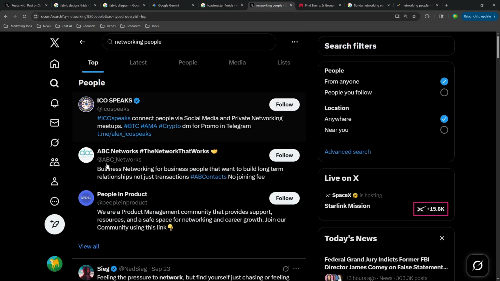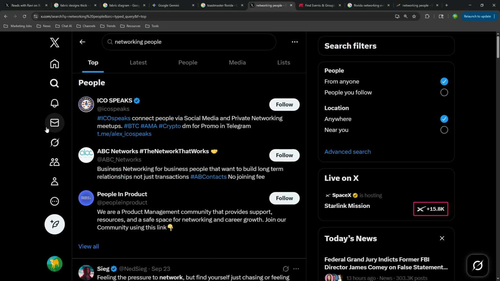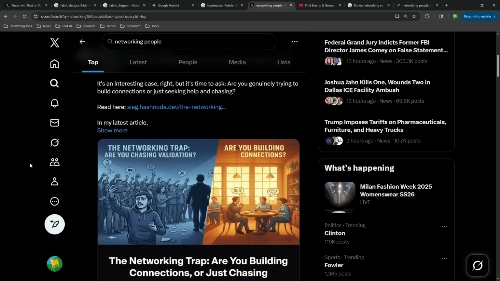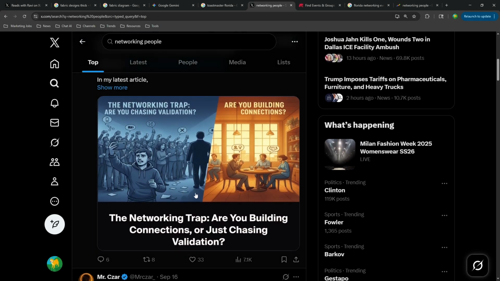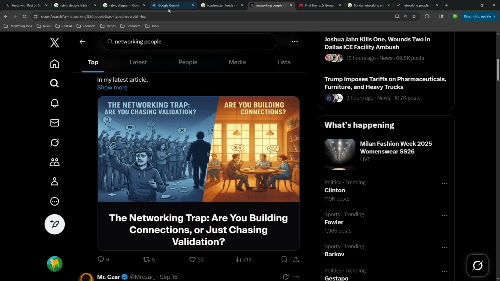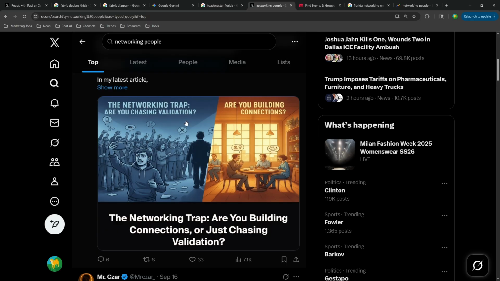So I wanted to take a look at what's going on in X or Twitter about just networking with people. And I really like this picture over here because it helps show what I wanted to get at with my original, deeper, more interpersonal query. When you are just going to networking events specifically to get a new job, you might feel like the one on the left over here, where you go to these events and feel like a bit of an outcast, or you're not really getting any success.